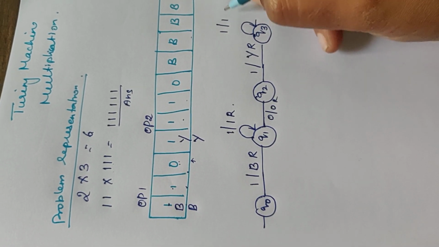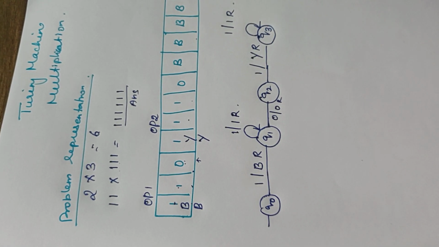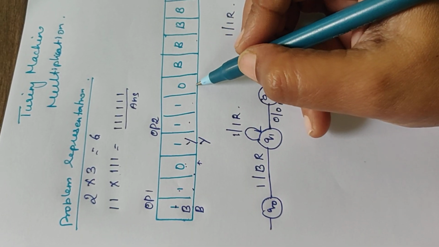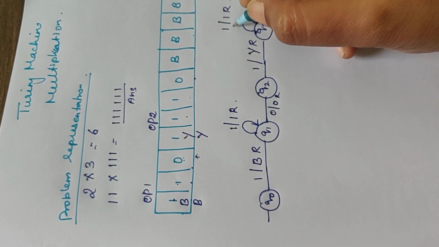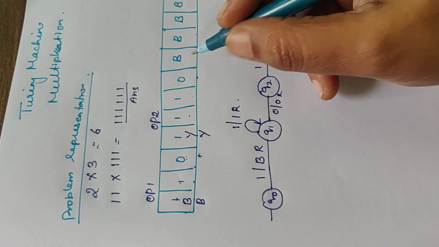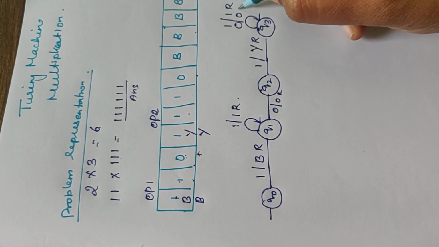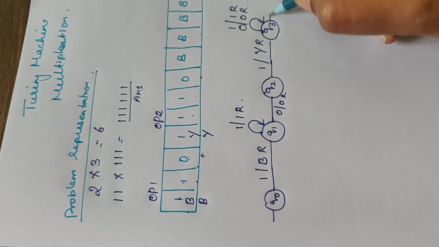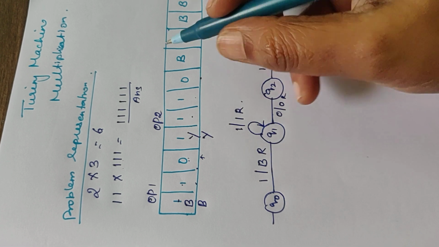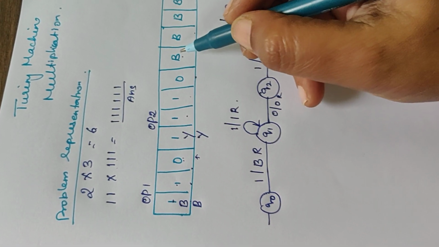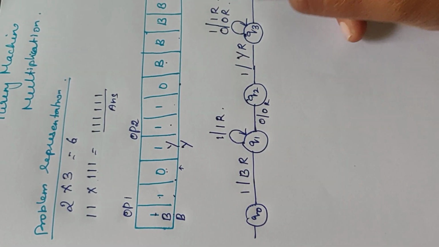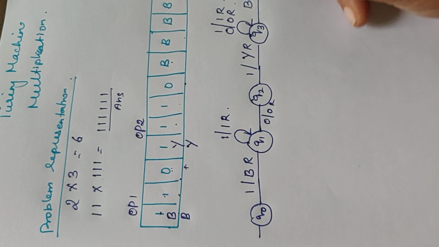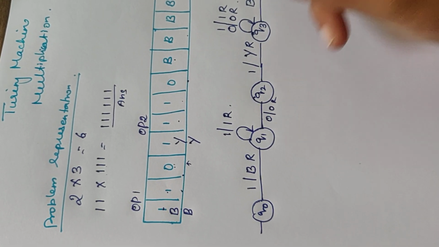We need not do anything. So replace that 1 by 1, move right. And again when it comes here, you are looking at 0. Even here we need not do anything. Replace 0 by 0, move right. When you look at B, I have to replace this B by 1. So when you look at B, replace that by 1, move left,